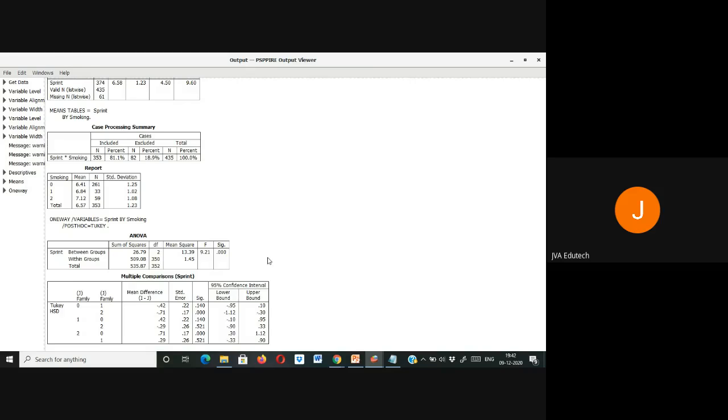So what happens जब हम ANOVA टेस्ट करते हैं तो वो 2 चीजें चेक करता है, डिफरेंस बिटवीन द ग्रुप्स। हमारे पास 3 ग्रुप्स थे, पास्ट स्मोकर, नॉन स्मोकर्स और करंट स्मोकर्स। तो एक बार वो चेक करेगा क्या डिफरेंस नॉन स्मोकर्स, पास्ट स्मोकर्स और करंट स्मोकर्स के बीच डिफरेंस है कि नहीं है। उसके बाद फर्दर चेक करेगा कि जो पास्ट स्मोकर्स वाला ग्रुप था उनमें जो रिस्पोंडेंट है कहीं उनमें तो डिफरेंस नहीं आ रहा है। उसके बाद जो नॉन स्मोकर्स हैं उनमें, मतलब हर इंडिविजुअल ग्रुप के भी पहले वो सारे ग्रुप्स के बीच डिफरेंस कंपेयर करेगा, और फिर उसके बाद हर ग्रुप के रिस्पोंडेंट्स के बीच भी डिफरेंस कंपेयर करेगा।